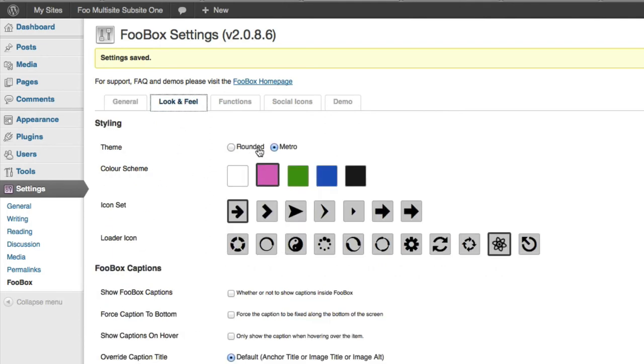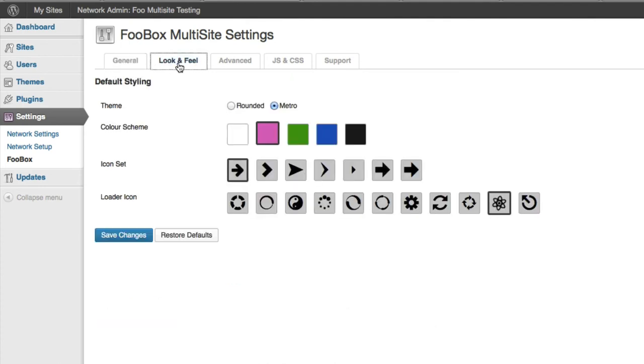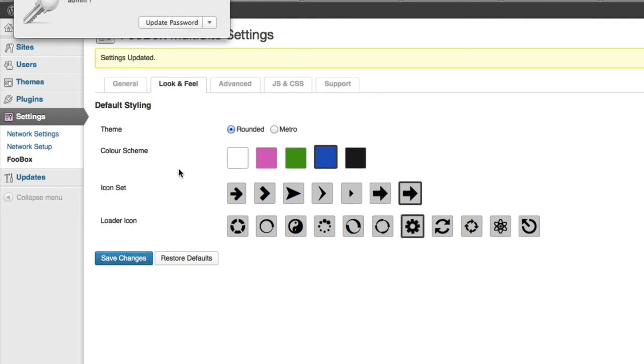And you can see here in the single site that the Metro is selected and pink. But let's say I want to set the initial theme and color scheme and icon sets and loader icons for my individual subsites. So let's go ahead and do that. I'm going to go back to the network settings for FooBox. I'm going to choose Look and Feel, and I'm going to select rounded, blue, this arrow, and the gear icon. I'm going to go ahead and save those changes,